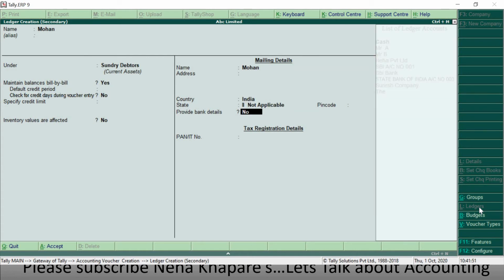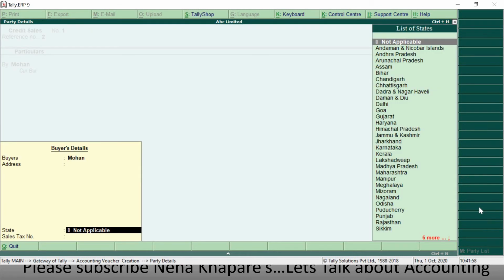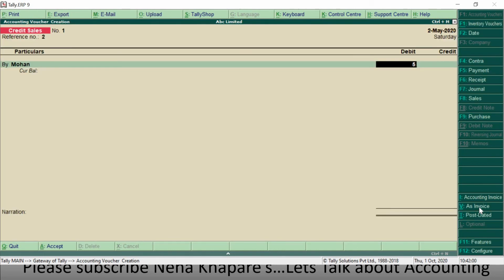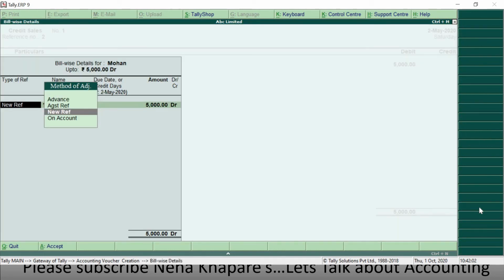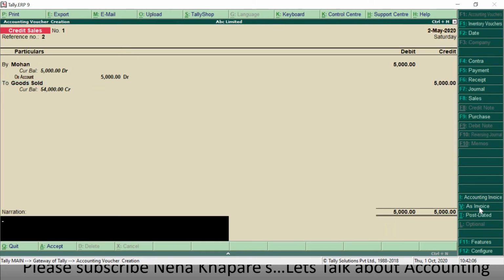I will simply accept the ledger creation. So sold goods to Mohan on credit of rupees 5000. The amount will be 5000. I will make it as on account to goods sold 5000, being goods sold.